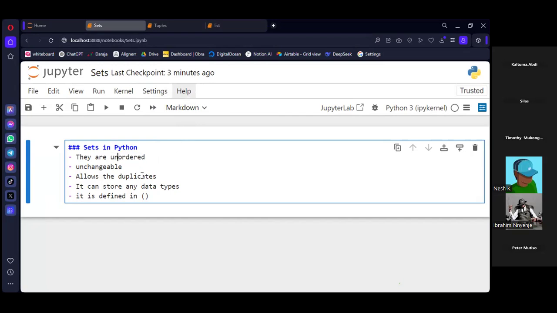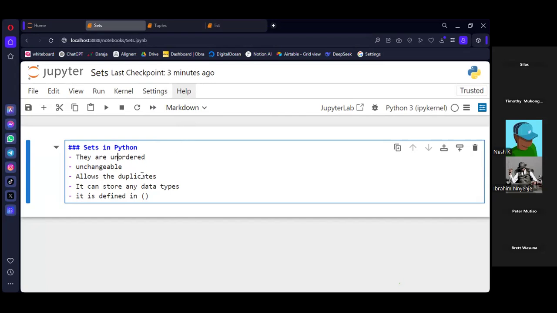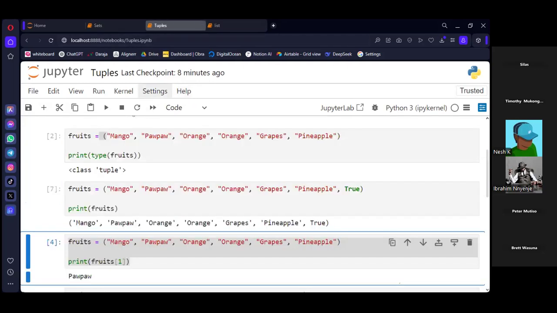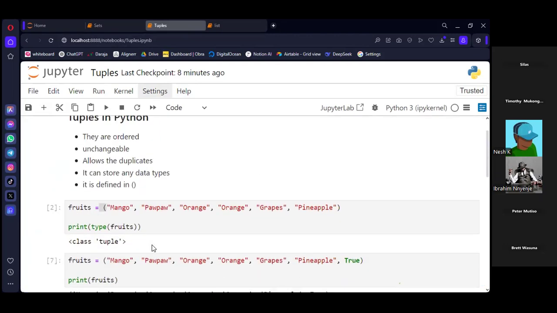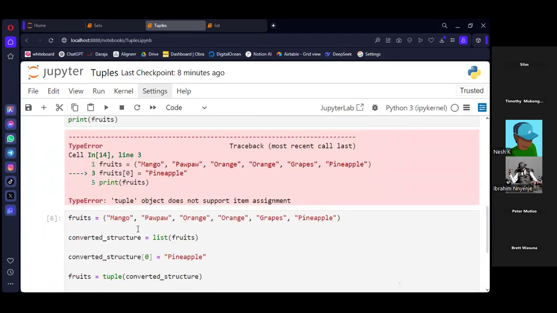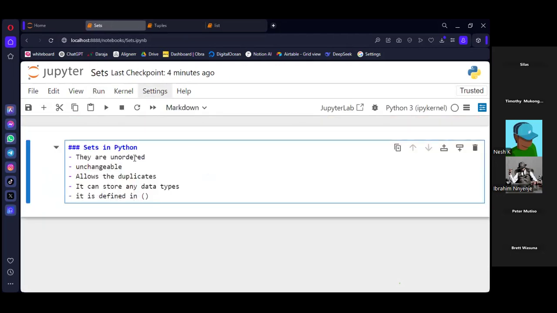If something is unordered, it means that you cannot access its elements with their index number, because you're not sure what position an element is in.